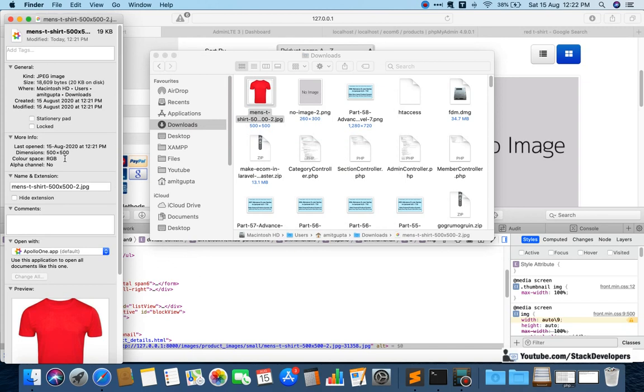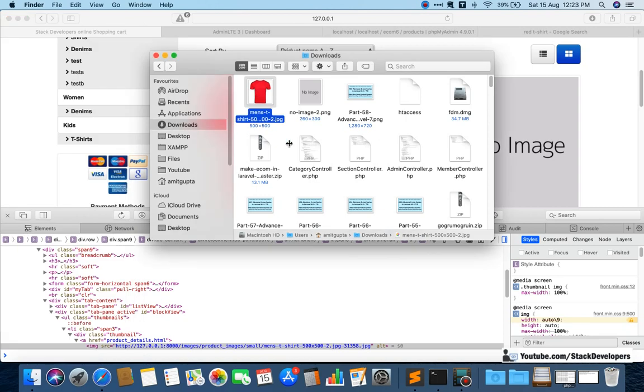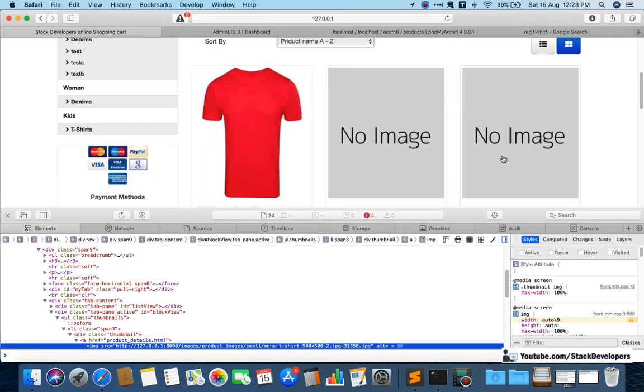That's the problem, that's why the image is distorting. Ask your designer to provide images that your website supports. Here you can't upload just any image; you must upload only the correct size of image.